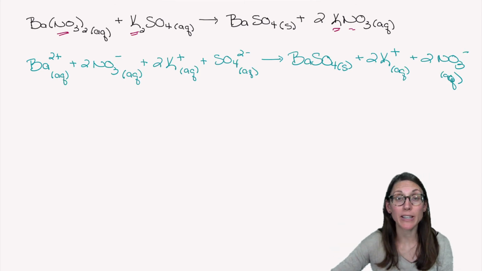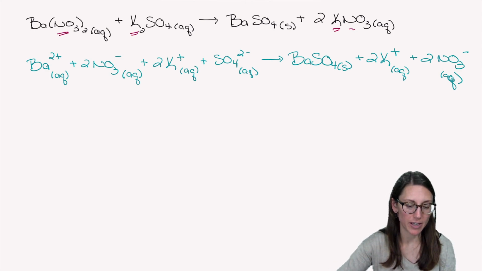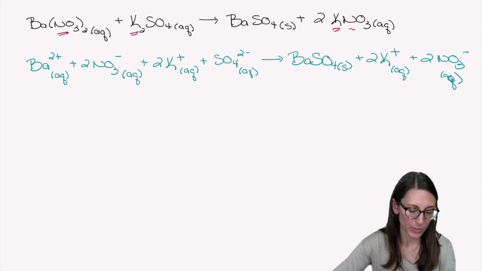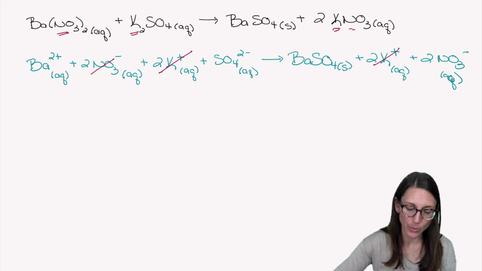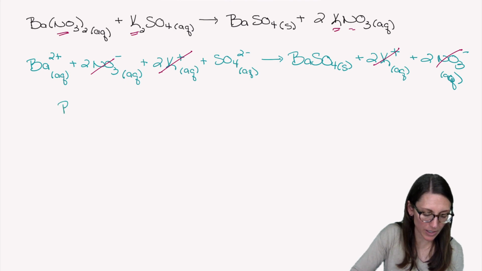Okay, there's my complete ionic equation. I broke apart all of these strong electrolytes that were aqueous solutions in this case. Now I got to look for spectator ions, things that are on both sides of the equation and we can cancel out. So potassium and the nitrate, these are on both sides of the equation and they're going to cancel, which leaves my net ionic equation